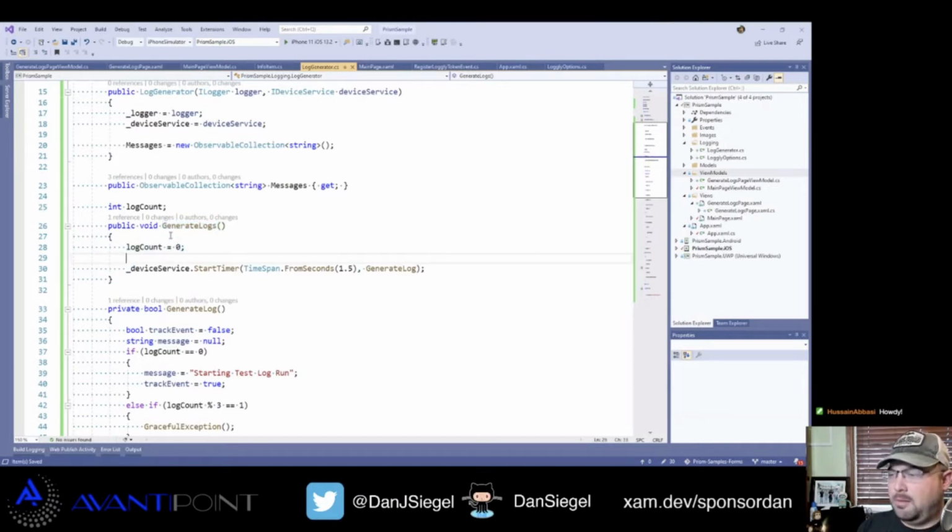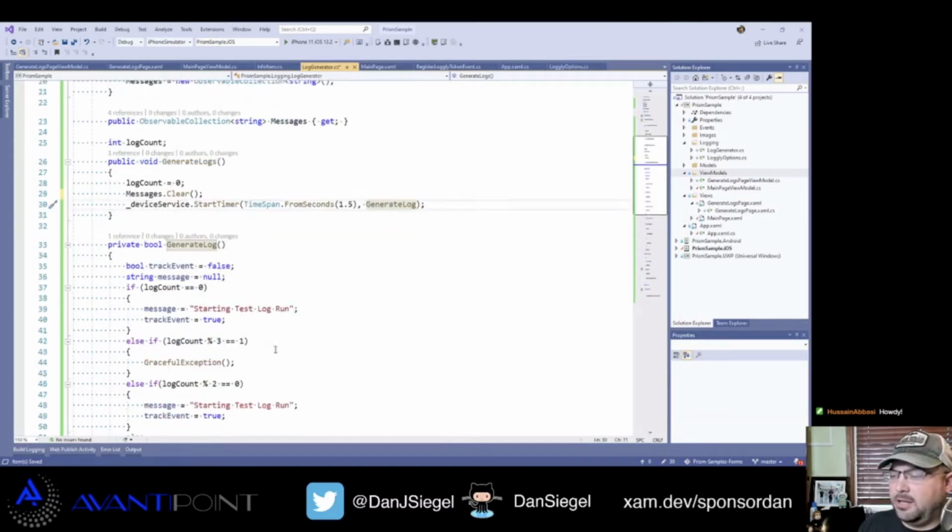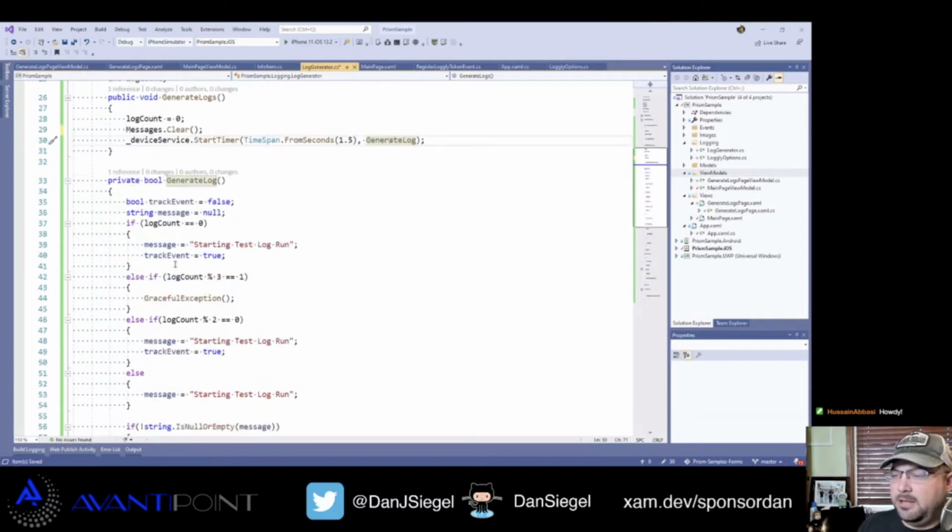We should probably also clear the messages. And then what we're going to do is start a timer, and that timer is going to execute every 1.5 seconds, and it's going to call this generate log method. So the generate log method,